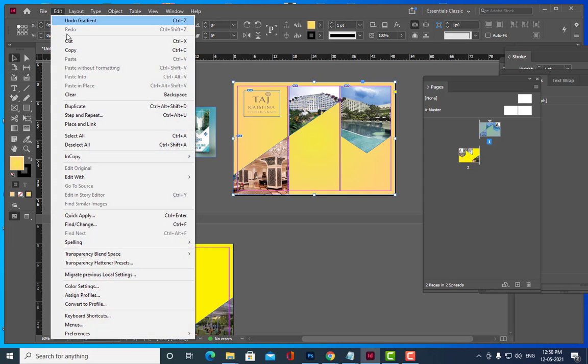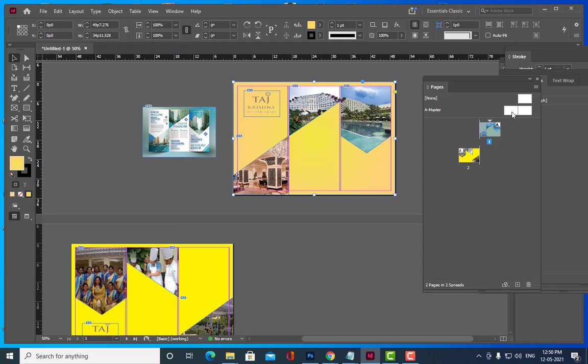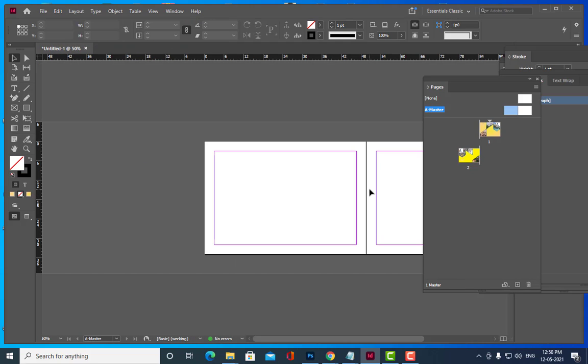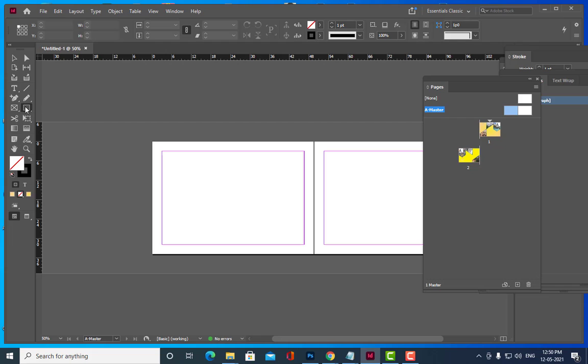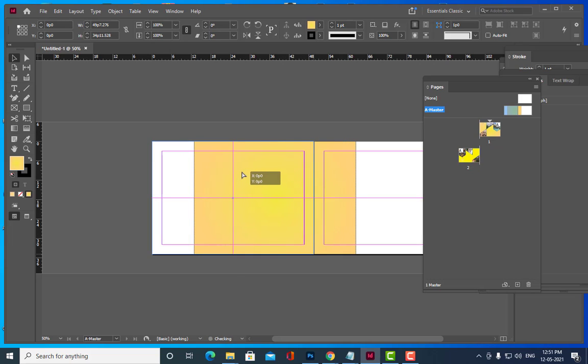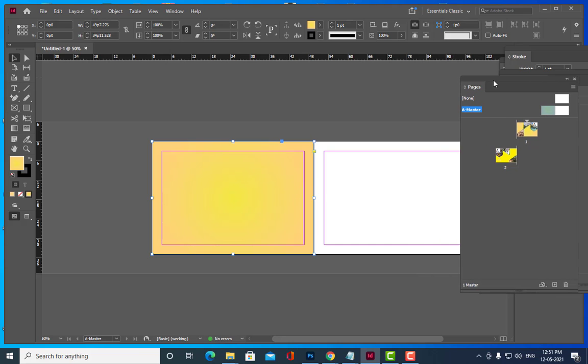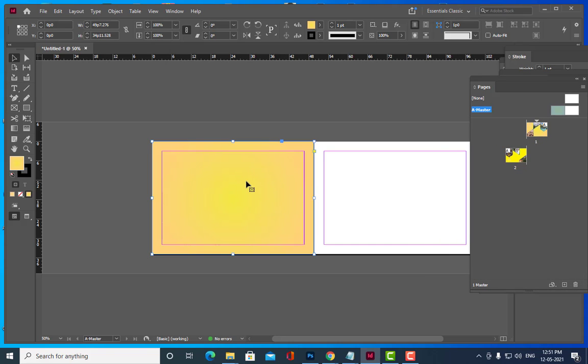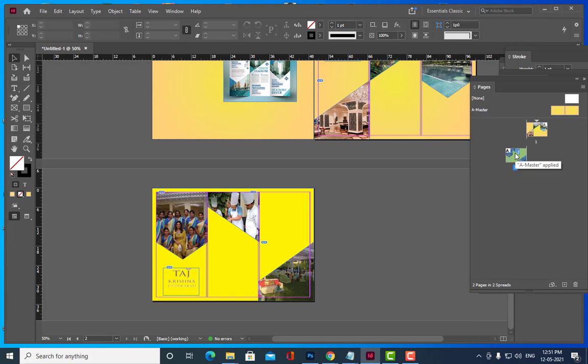I will just copy. Just come back to this. Control V. See, I am copying and pasting in master pages. Is it clear, all of you? So that the same design will be in the other page also.